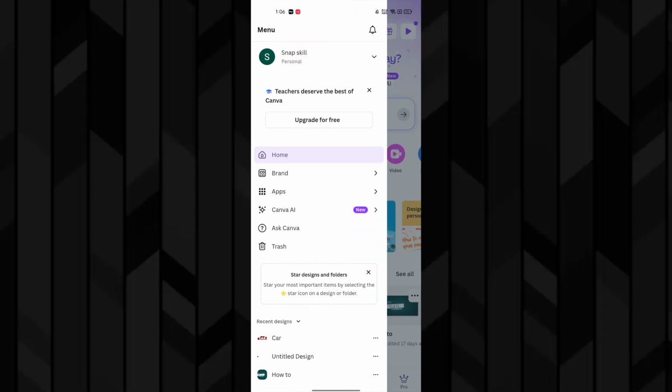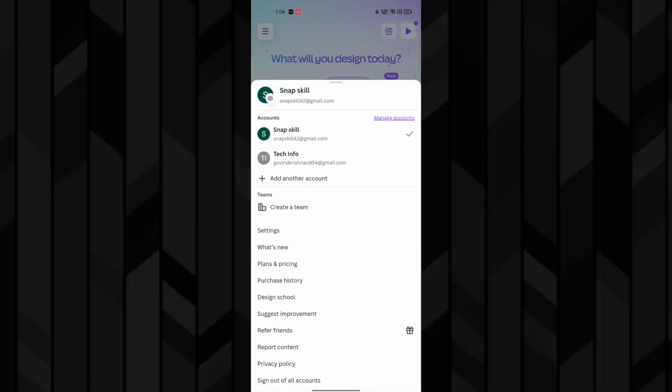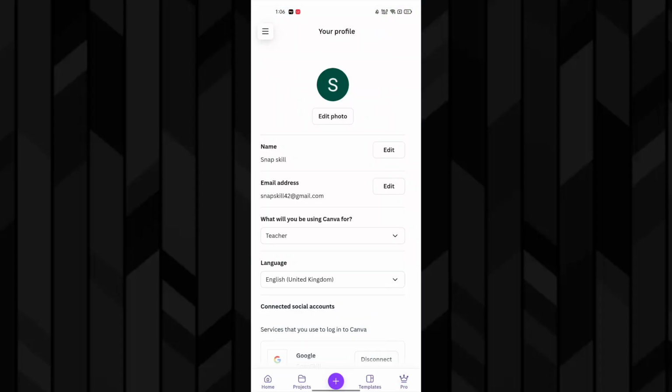and from here as the first option you can see your account. Click on there, and from here you can see a section called Teams. In that section as a second option you can see Settings. Click on there, and from here as a third option you can see what will you be using Canva